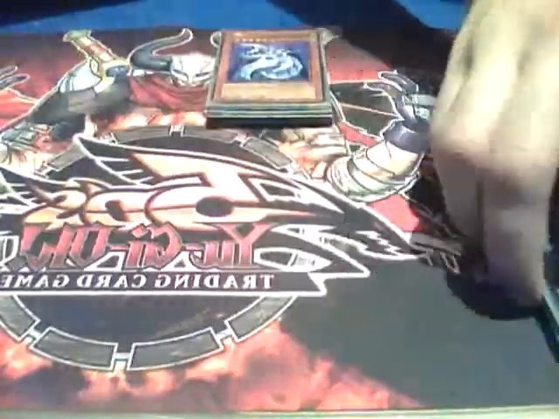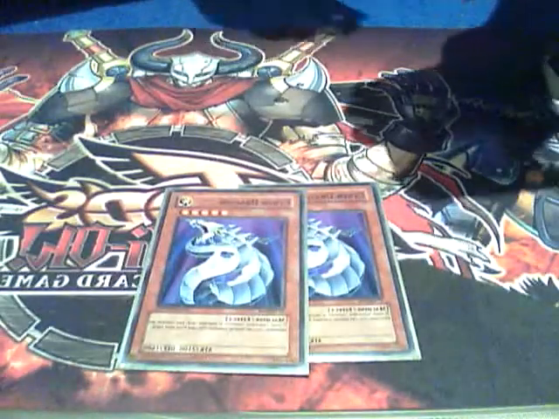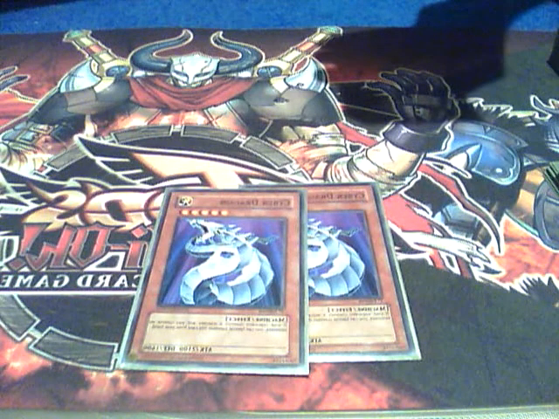How much time do I have left? Alright, I'm going to try to keep this as short as possible. Side deck. 2 Cyber Dragon. Boss card, using it in all my side decks. 2100, side in against